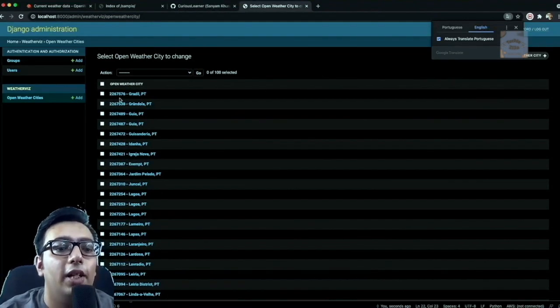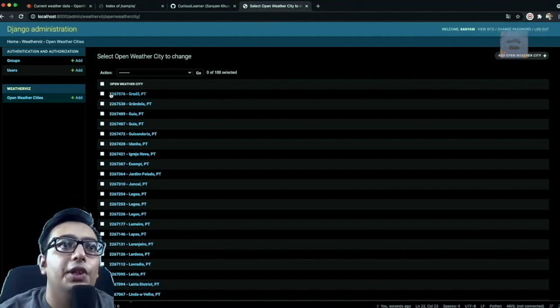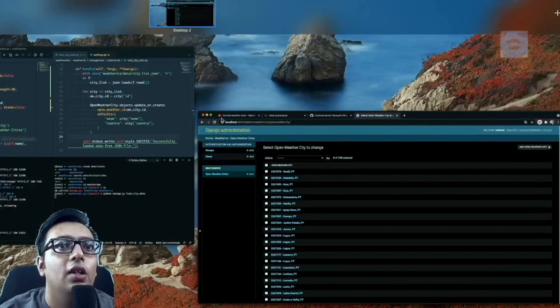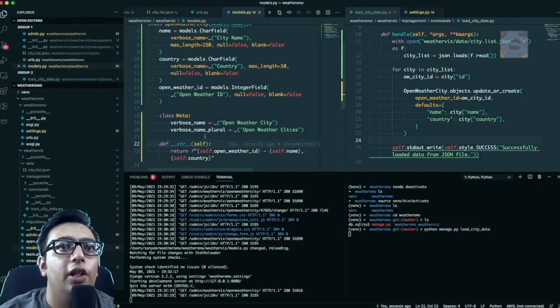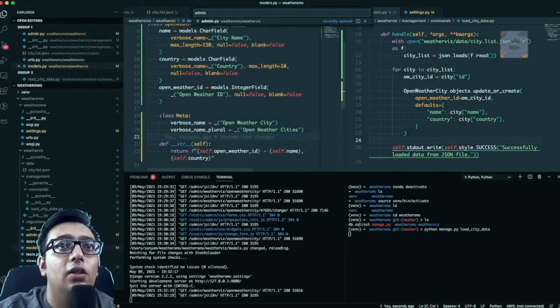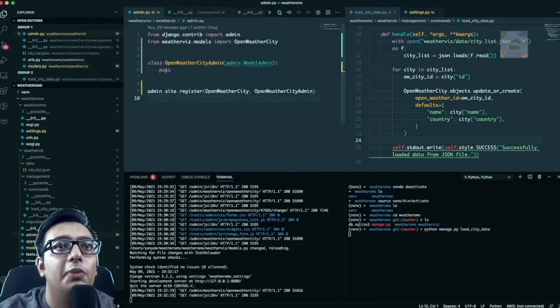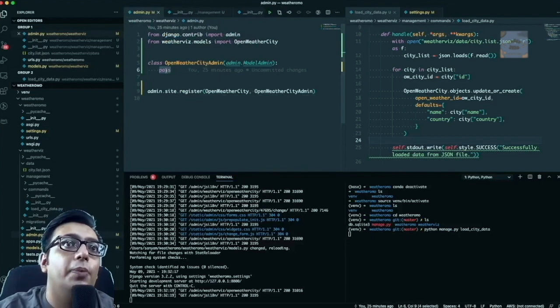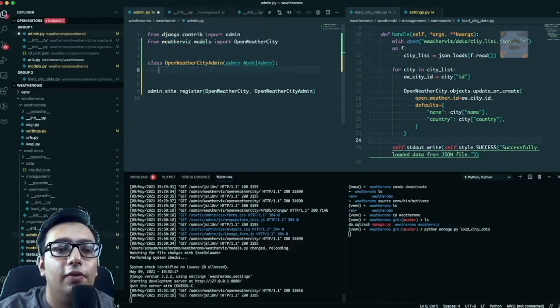So this was the format that we defined in the str function, right? We said that this is the open weather ID, the name of the city, and then the country. So I think we're pretty much done here. Now we'll beautify the admin panel a bit, going to admin.py, because I remember we used this pass statement here. So let's get rid of it, and let's actually define something in our admin that will be useful for us. So first of all, we'll do a list display,